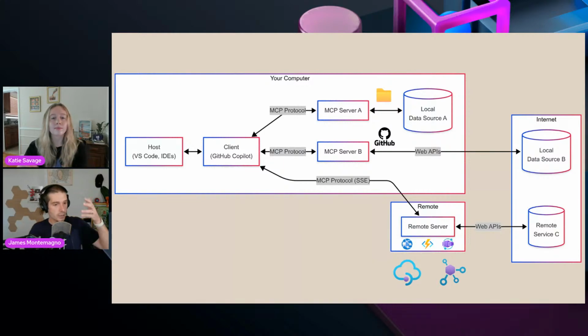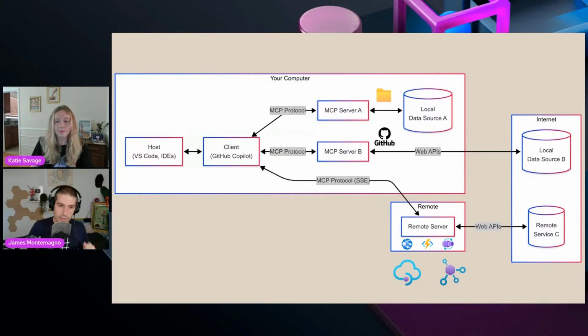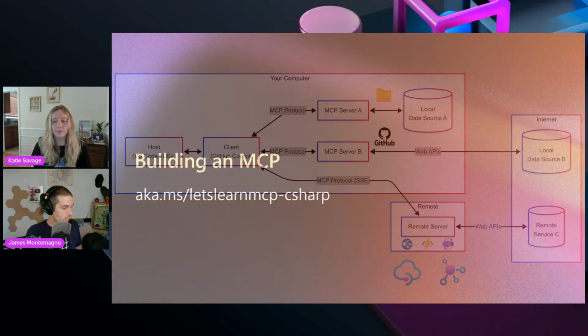So in my case, GitHub originally started as a Docker image that you could pull and run locally, and then we would call to the GitHub APIs. In this case, it's now a remote one as well, over server sent events or HTTP now as well, which is a newer part of the spec, which is great to see. And then you can also do things like use API Management or API Center and actually expose your existing APIs out into the world, which is cool too.